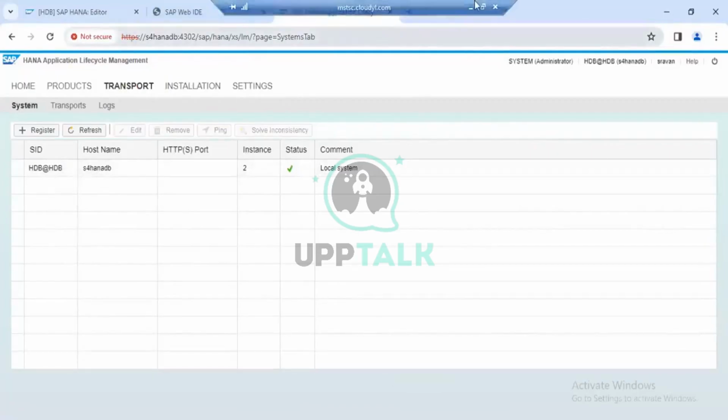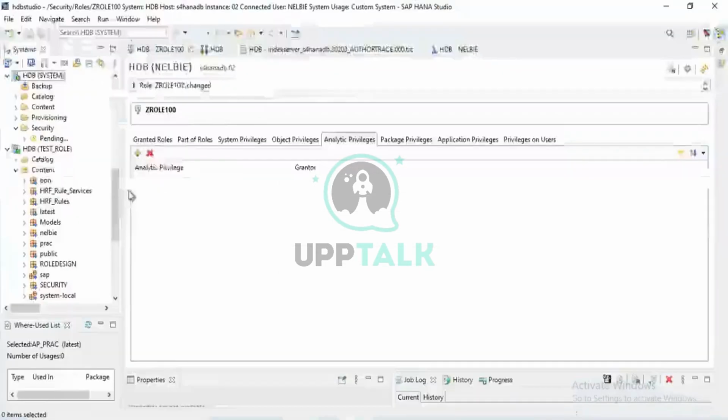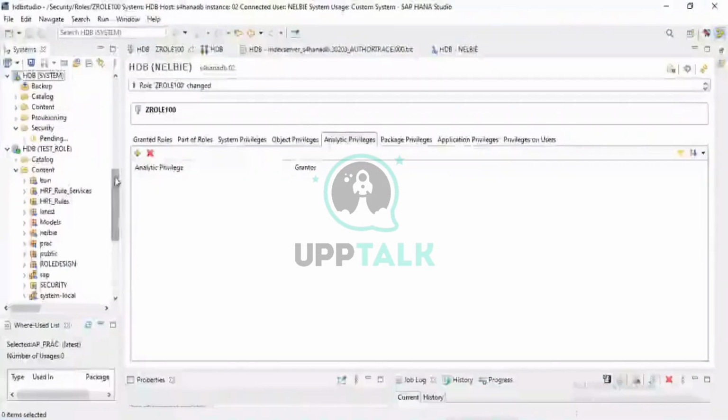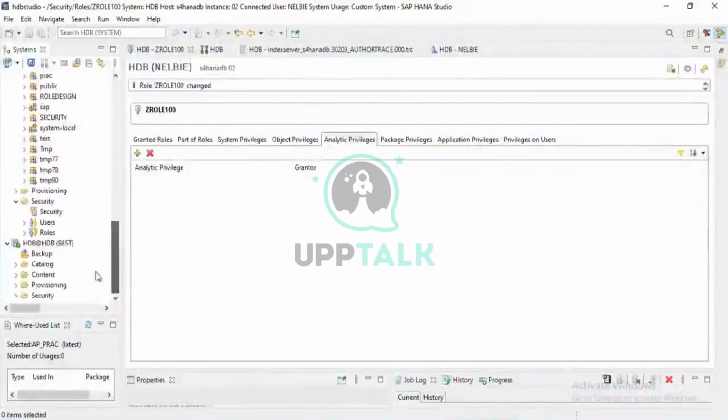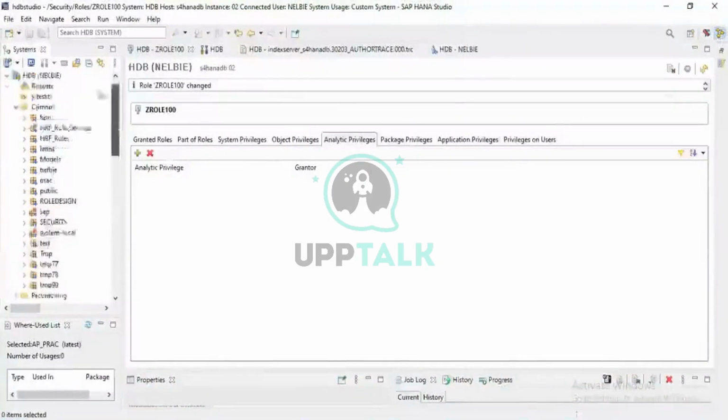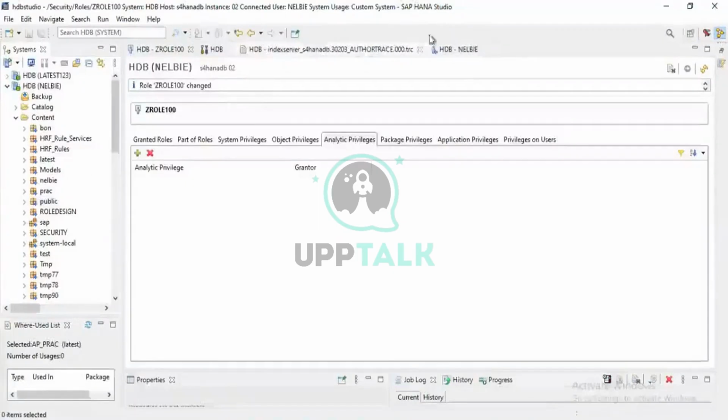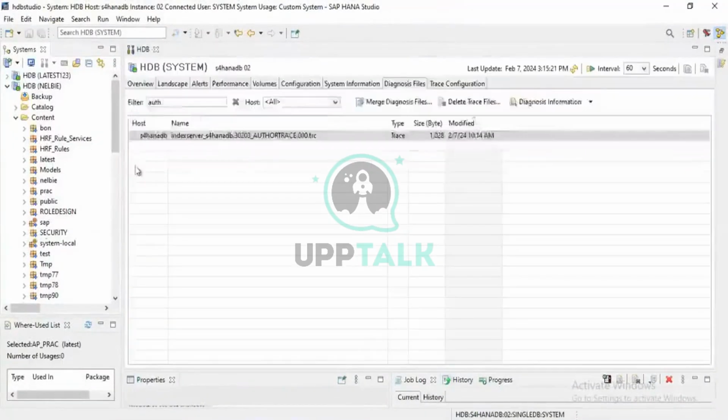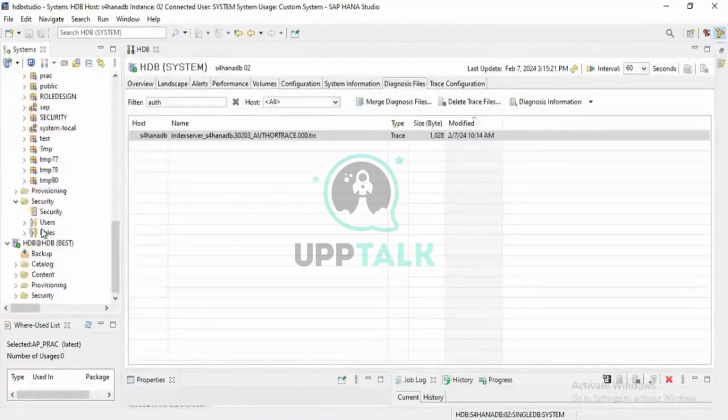Today, apart from this, we are going to cover two more topics in LB, that is auditing and tracing. Both are easy, they're not difficult. Let me close all these tabs. Tomorrow we can see what like